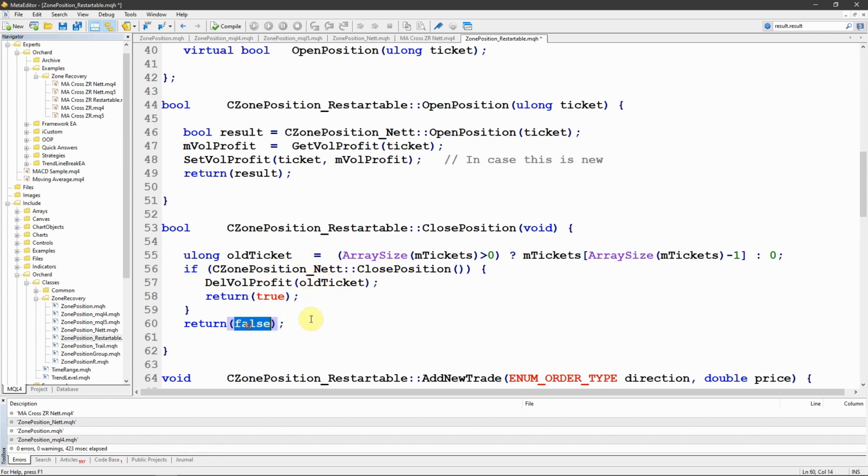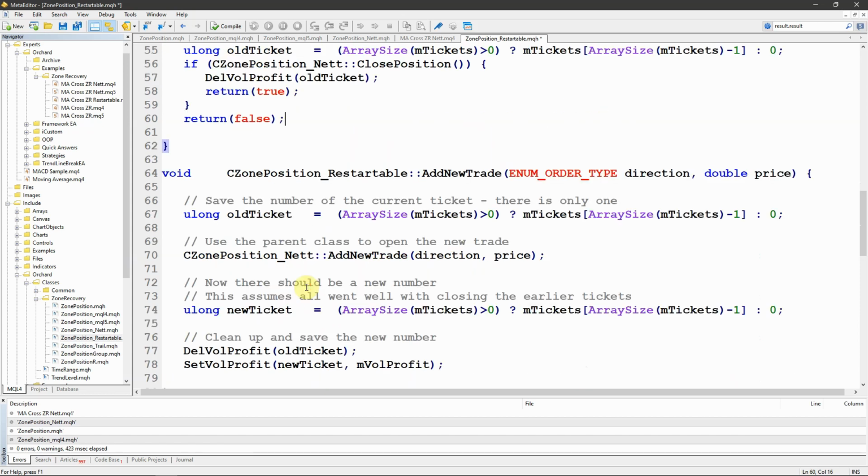Otherwise, I'll return false, which means that next loop through, and if you remember the way I've handled the failed closing positions, it has set the status of this position up to say that it's in a closing mode. So every time we get a new tick, it's going to attempt to continue closing that position. So it will keep going through here until we eventually return a true. And then the add new trade,